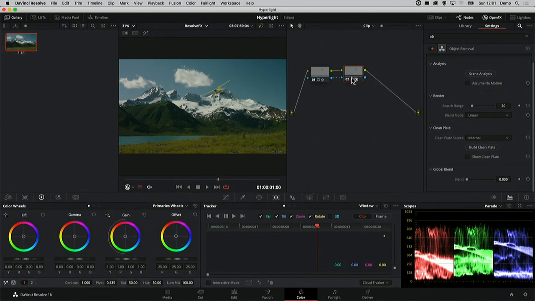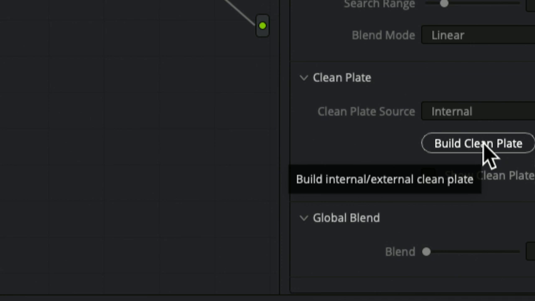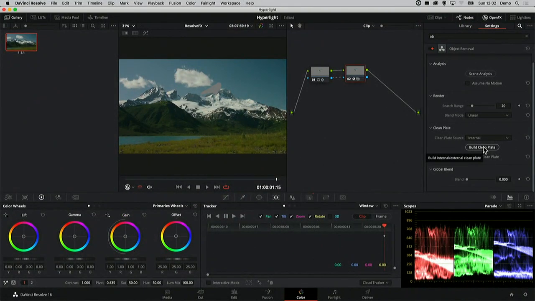Now if I do a scene analysis, it'll analyze the shot, and it'll bring up this weird gray mark that appears. So if we play that back, I get this weird gray mark that appears in the shot. But within my effect, I've got something that says build clean plate. What the clean plate does is it looks at the areas that don't have that object in and uses that information. So if I now build a clean plate,